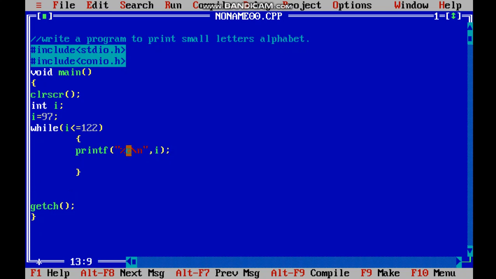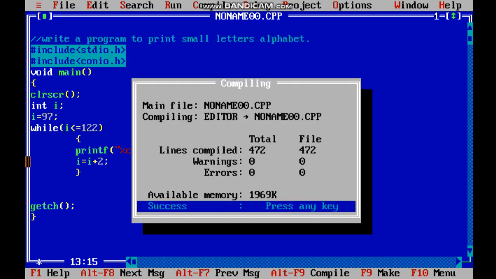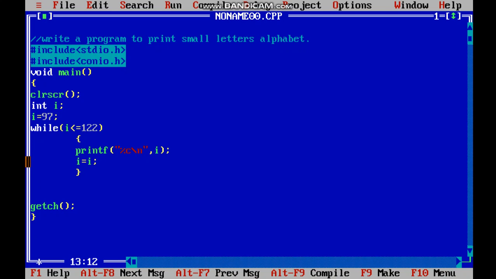See, as I used whatever statement I wanted to, I had to increase the value of i by 1 so that I get the next value. Yes, I could have used i equals i plus 2. It will give me a, then c, then e, then g, and so on. It will skip after every number. Let's check it. Alt F9, success. Control F9. See, a, c, e, g, i. It is leaving one alphabet and jumping to the other one. But we do not want it that way.